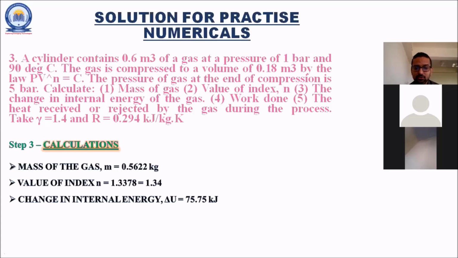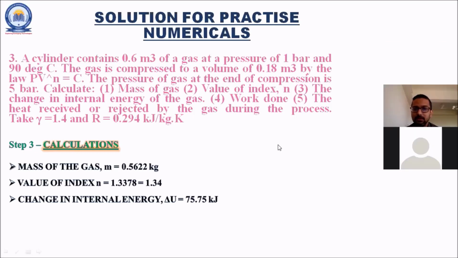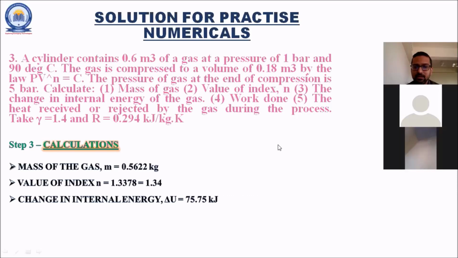Change in internal energy delta U, that is equal to 75.75 kilojoule. Let me know how many students are getting this answer or near about the answer. Roll number 2, kindly lower your hand. Sir, I have used, so delta U is equal to 74.6852. No issue, you are getting the same answer. Near about the answer, so do not worry. Okay, 74.87, that is also correct. No issue for that. Before calculating, I just clarified that if you are using 1.33, you will be getting another value. If you are using 1.34, you will be getting another value. So next answer,